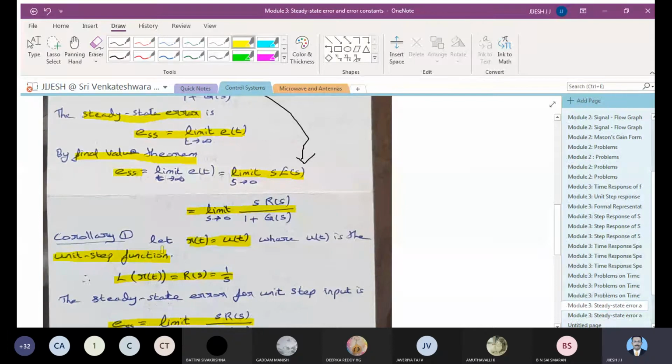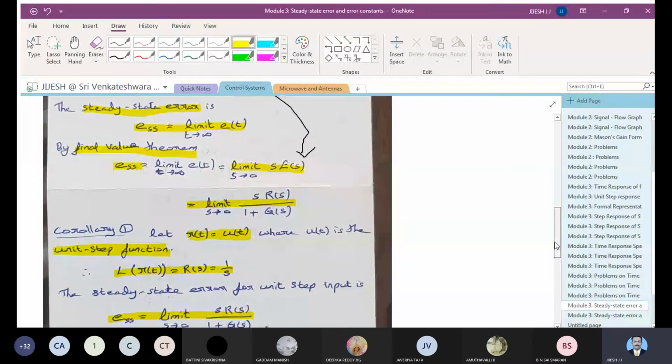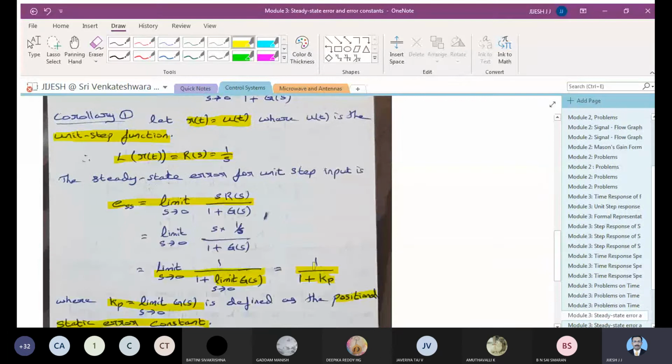Here we have selected the unit step function, and all of you know that the equation for the unit step function is r(t) = u(t). By using the Laplace transform, you know that it will be 1/s, and when you substitute and proceed further, you get ess = 1/(1 + Kp). Now we are going to use this ess = 1/(1 + Kp) with the help of